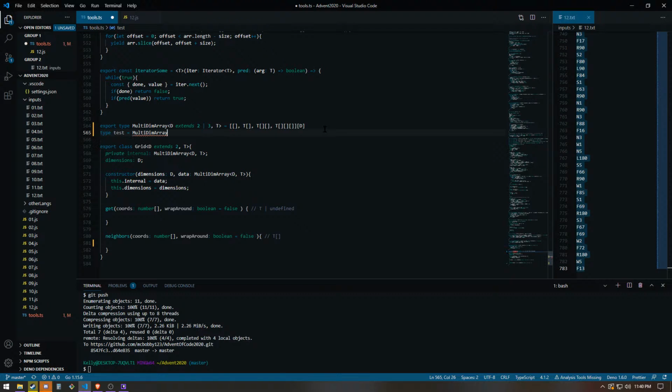I don't know what I'm doing exactly when I do this. Number. What is test? 3? Oh, it works. I don't know if I can recursively define it because I can't exactly do D minus 1. So I think I kind of have to just